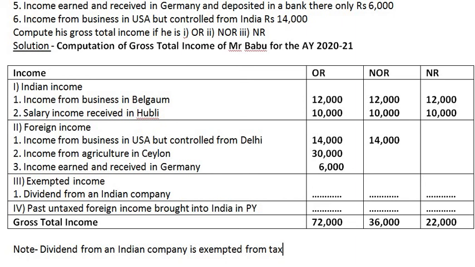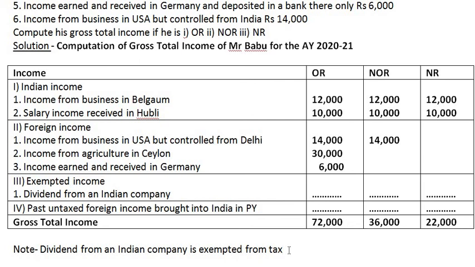Suppose you are given past untaxed foreign income also in the sum and you do not write any amount over there, that time also you have to make a next note saying that past untaxed foreign income is not charged to tax under computation of residential status. So even that note you can write, but here no past untaxed foreign income is given to us. This is our solution. I hope you have understood the sum.